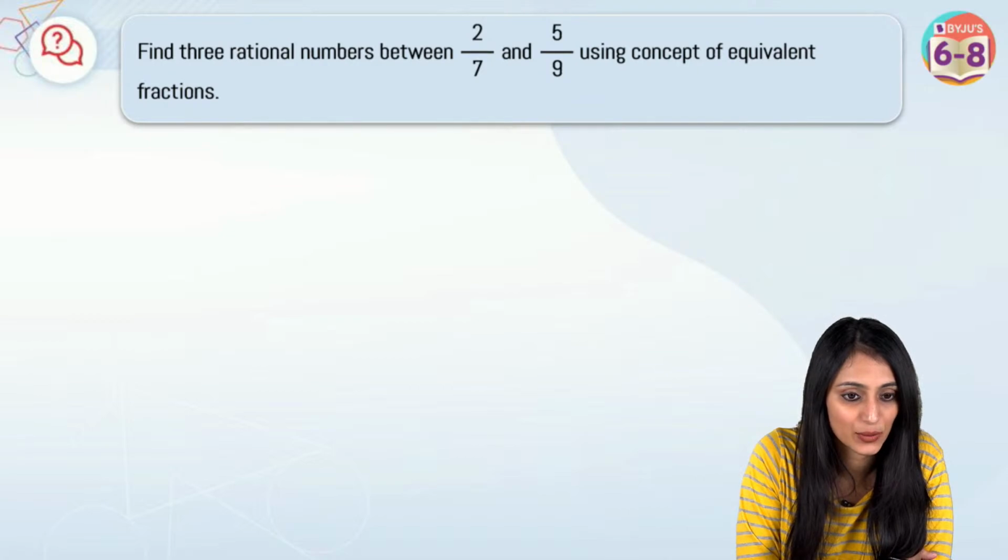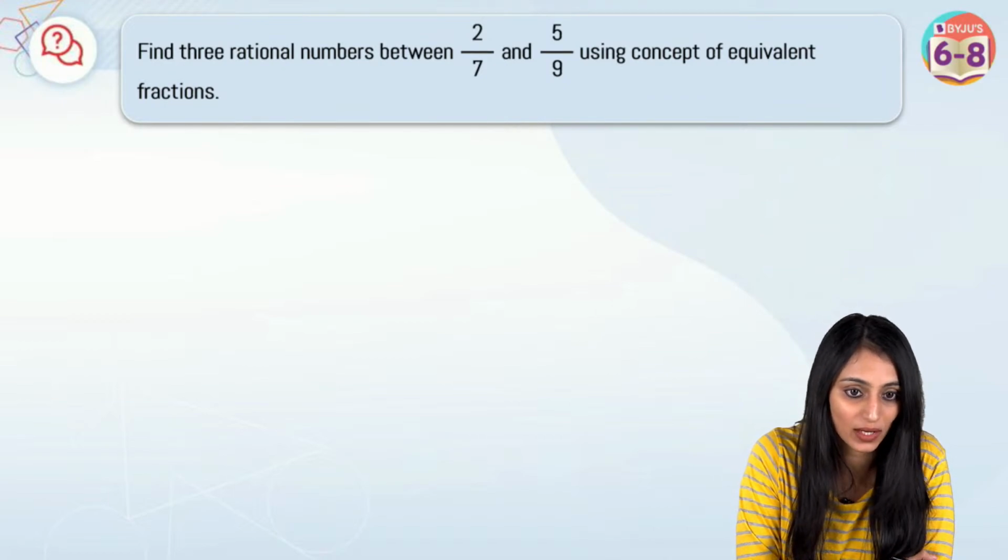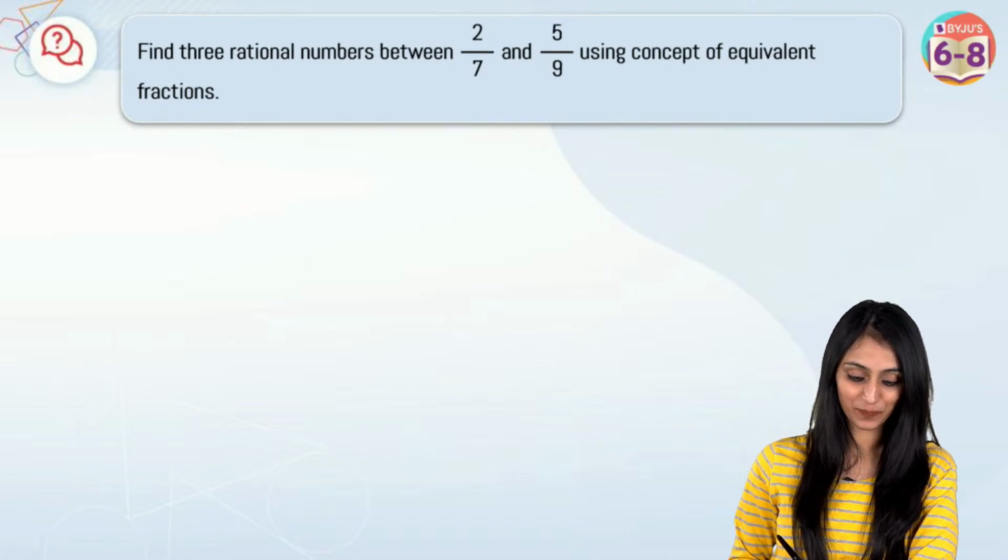Yes. Quickly, I can still see the answer to the previous question. Quickly tell me, what rational numbers? Abu says 4 by 14 will lie in between them. Okay. What else? Quickly. Naina says 19 by 63, 20 by 63, 30 by 63. Okay, all right, let's see.